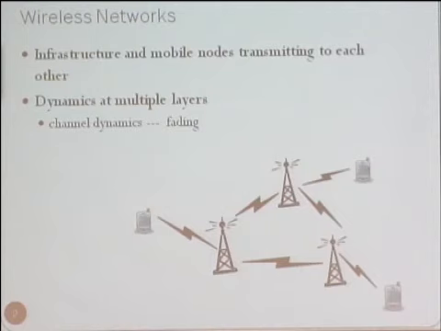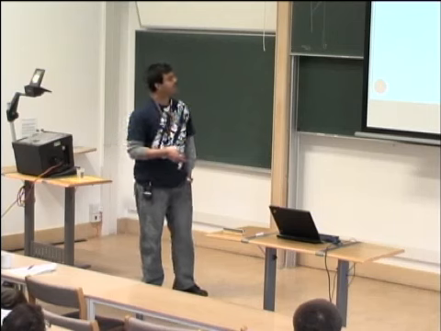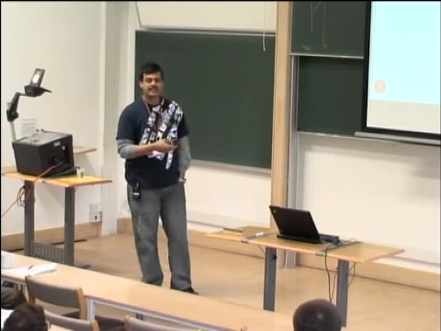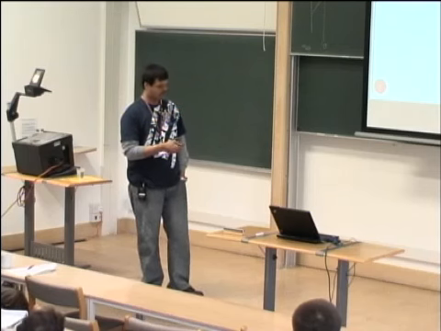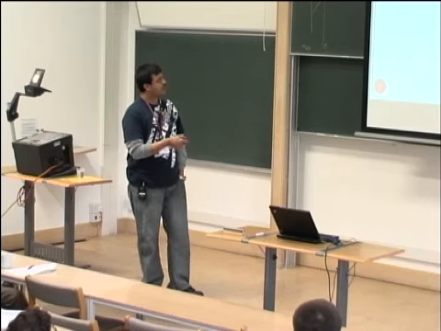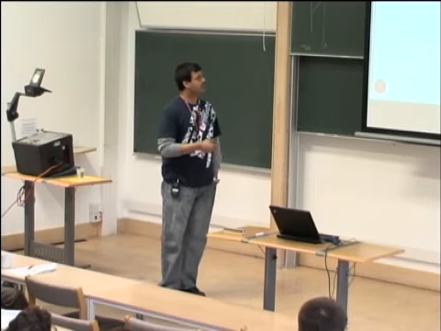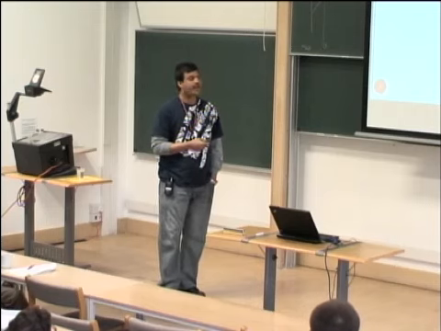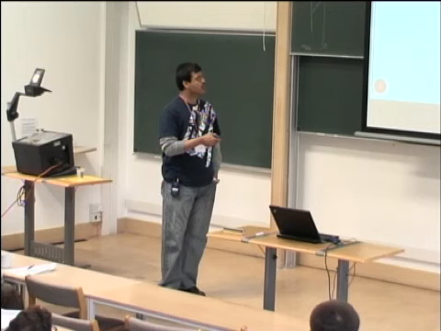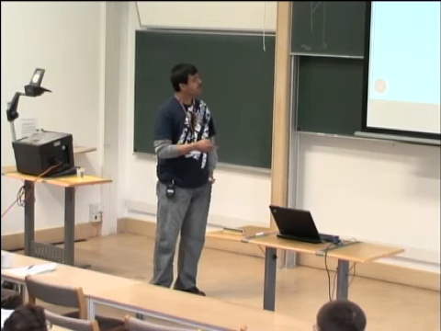So you have channel dynamics. For example, when this tower is talking to this mobile, this channel might be time varying. So the rate at which you can transmit data over this channel can vary from time slot to time slot. And of course, we have packet dynamics. You have bursty traffic flows. These are two things that have been studied very heavily in the wireless network scheduling literature. People have developed throughput optimal algorithms that take into account channel dynamics and packet dynamics.